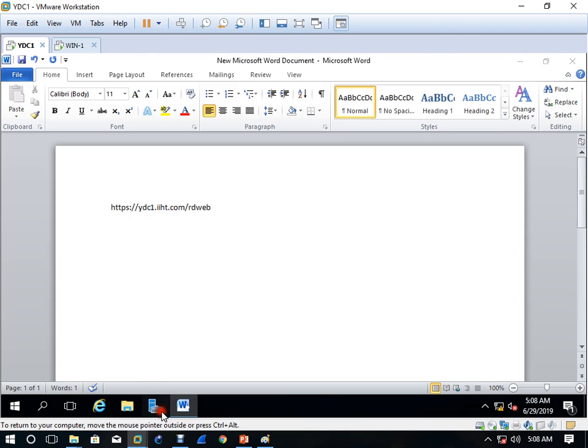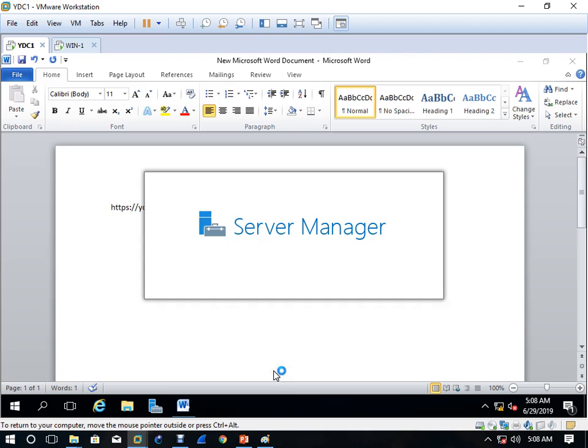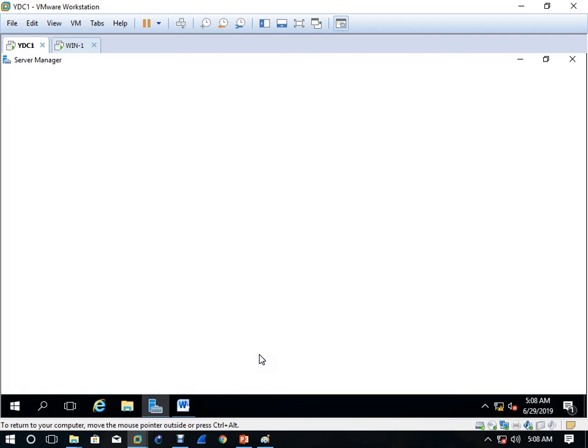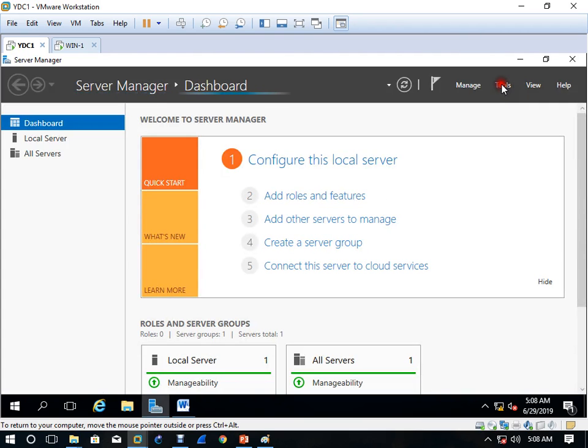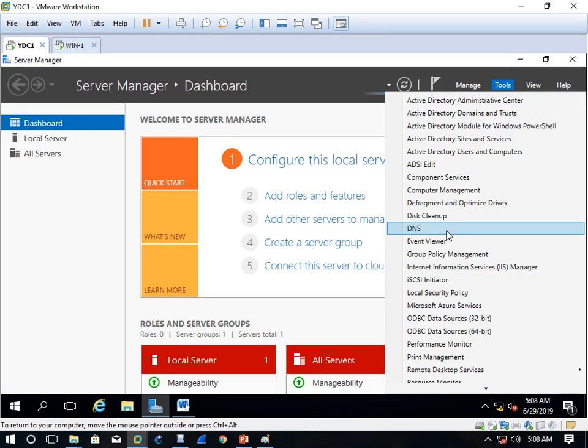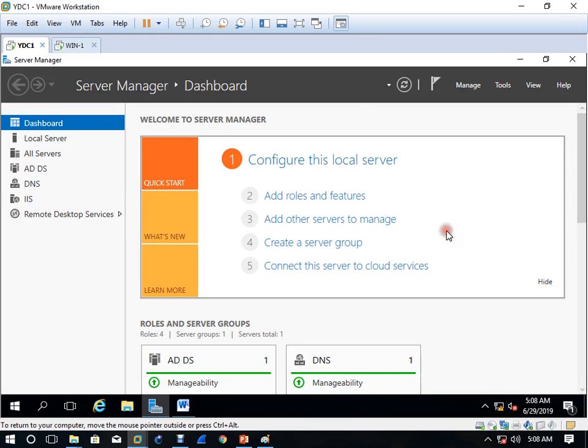So open your Server Manager. Click on Tools. Come here to DNS.